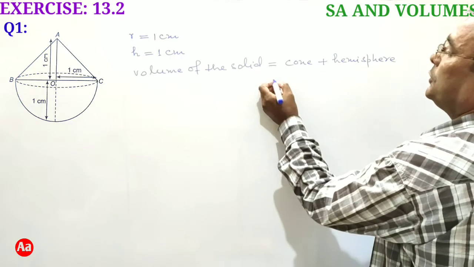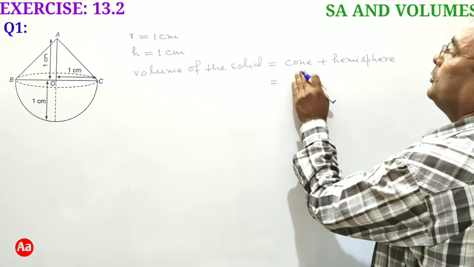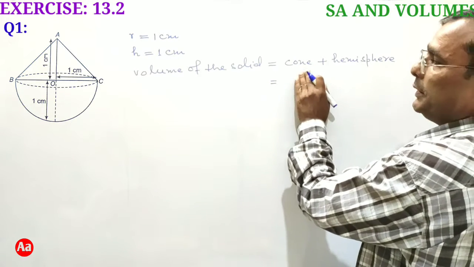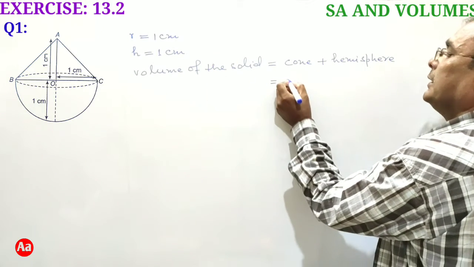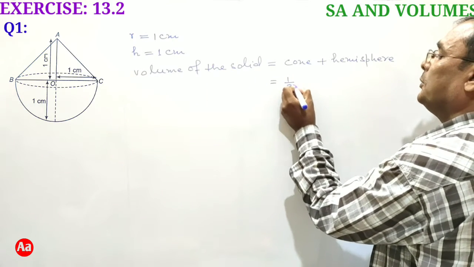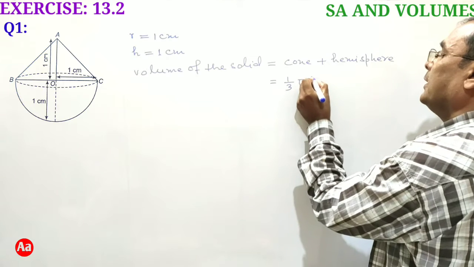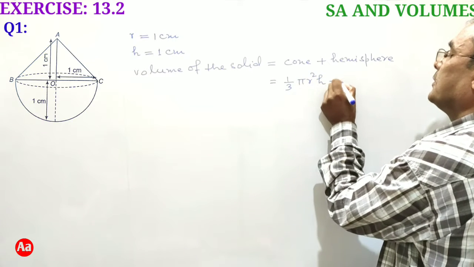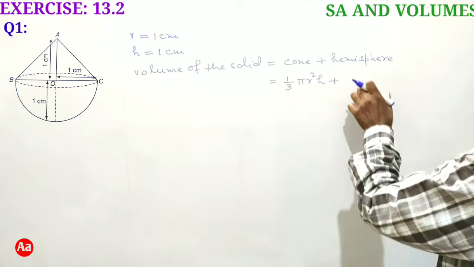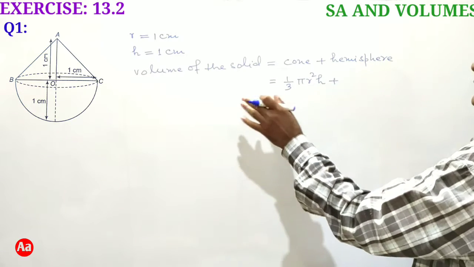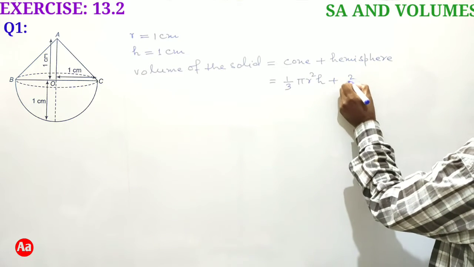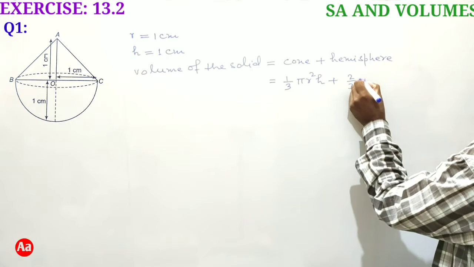So if we use the formula for volume of a cone, which will be applied for the conical part, it is 1 by 3 pi r square h, plus volume of the hemispherical part of the solid is 2 by 3